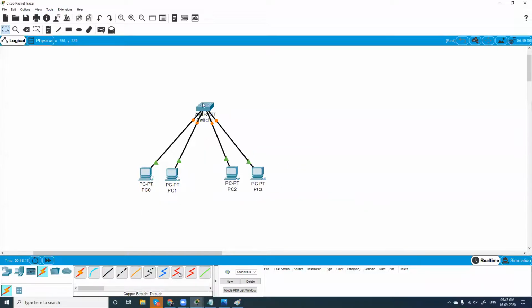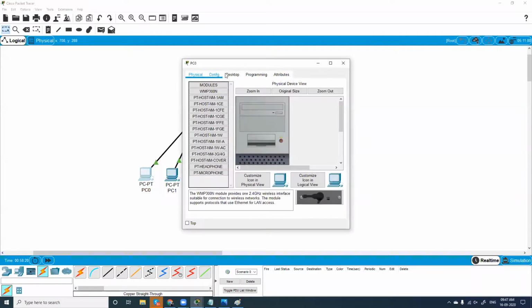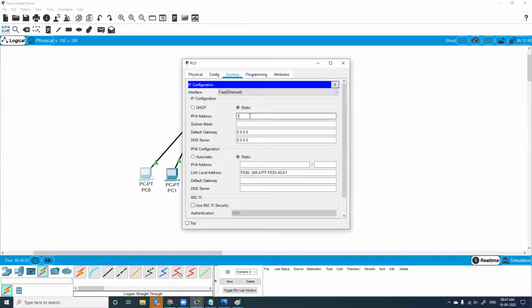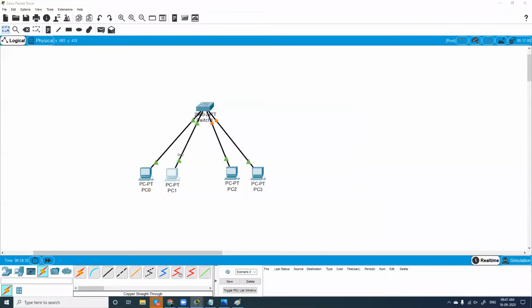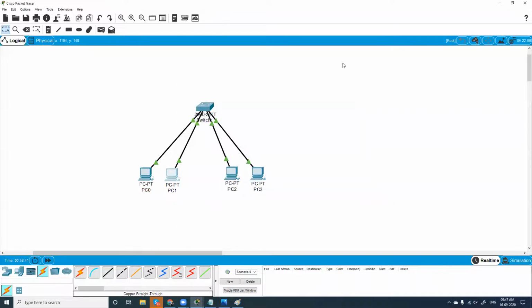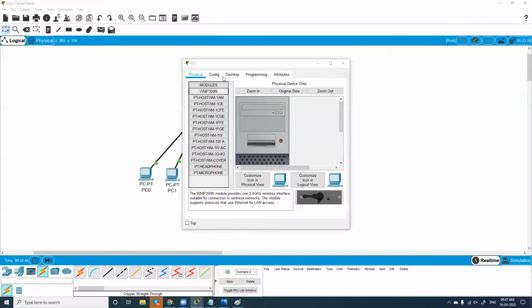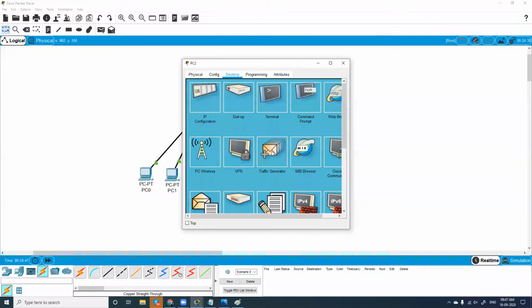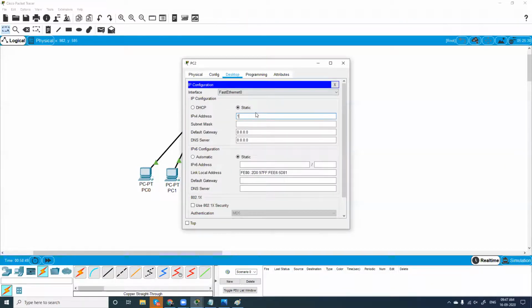Now we'll configure the IP addresses quickly. Here it is 192.168.1.2, with the default subnet mask. I don't have to give the default gateway because I don't have a router here. This will be 192.168.1.3. I'll close this, and this here is 192.168.1.4.